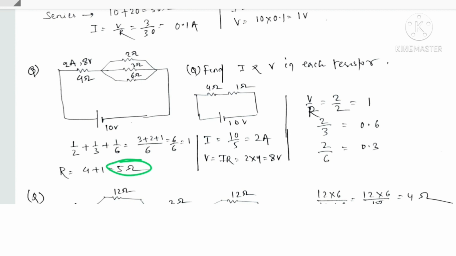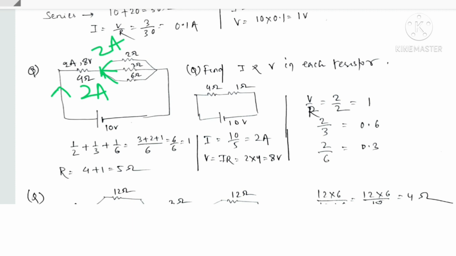Okay. Now total resistance is known, total potential is known, 10 volt. What will be the total current? V by R, and that is 2 ampere. Now this current 2 ampere is also same across the 4 ohm resistance. Current will divide at this point only, some along this path, some along this path, some along this path. How much current? Same 2 ampere current.